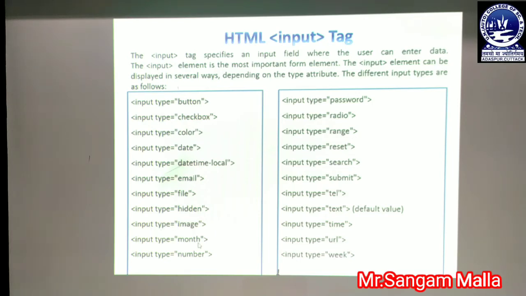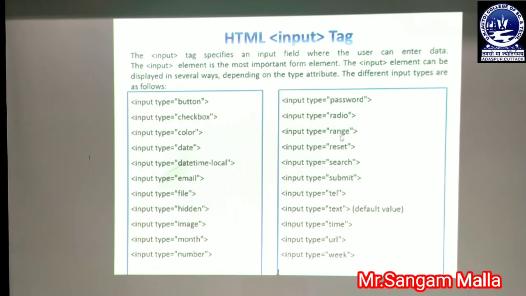If we are interested in month, we can write input type equal to month. If we are interested in a number or giving any specific number, we can type input type equal to number. If we are interested in giving a password field, we can take the help of input type equal to password. So that text box will show only asterisks and will not display any characters. Similarly, if we have a need of a radio button in the web page, we can take the help of input type equal to radio.